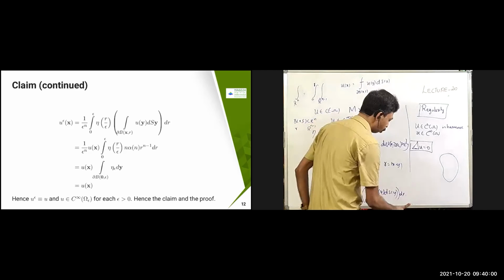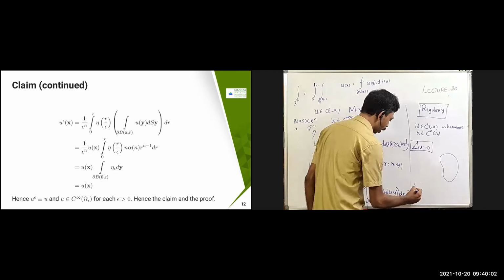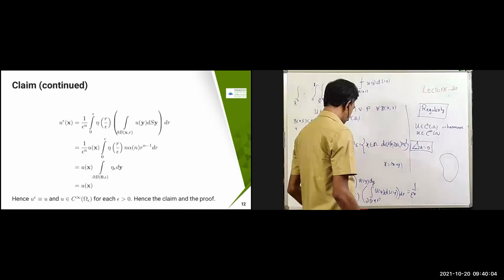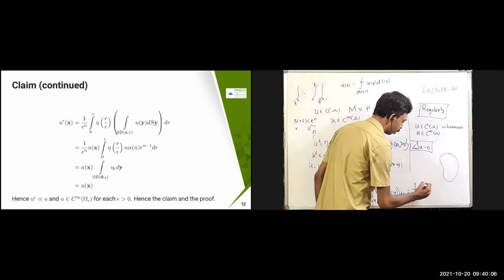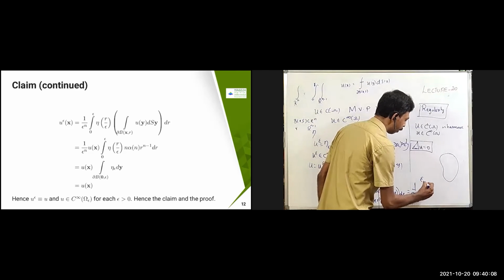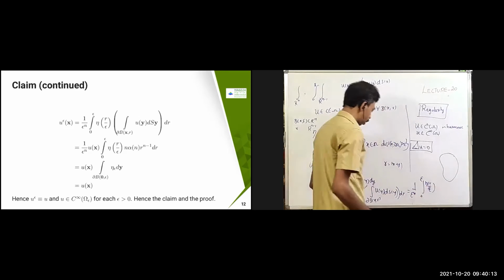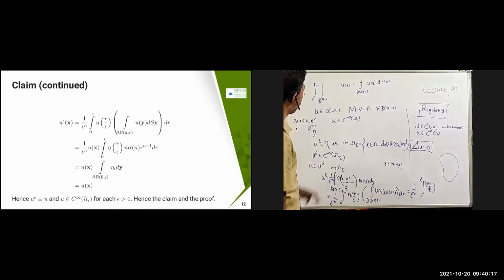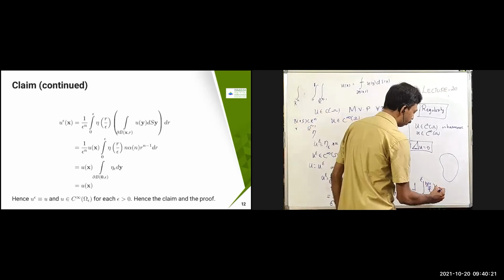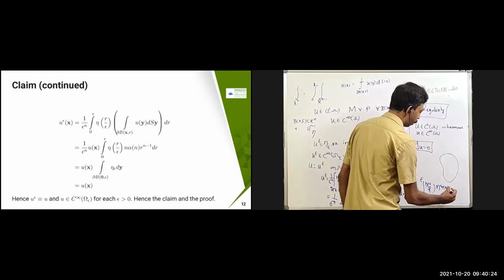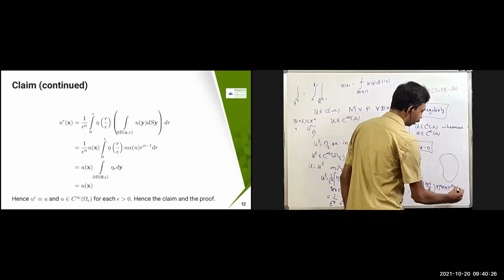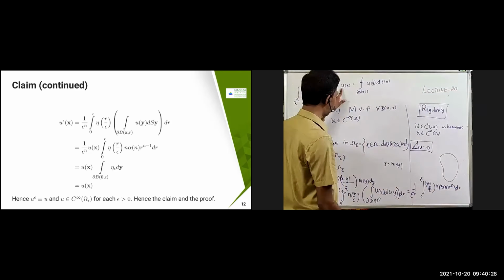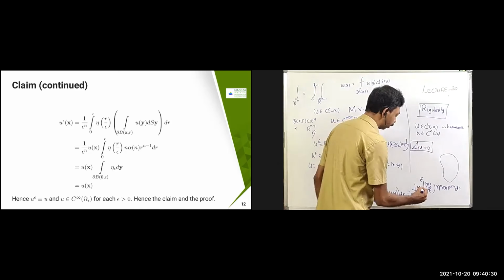So therefore, this is going to become, I can write this as 1 by epsilon to the power n. Okay, first thing is as it is, 0 to epsilon, η of r by epsilon. Then the integral over ∂B(x, r) of u(y) dS(y) is going to become, like, use this property, the mean value property. Therefore, you are going to get n α(n) r^(n-1) dr, and u(x) will come. So that u(x) I'm going to write outside.